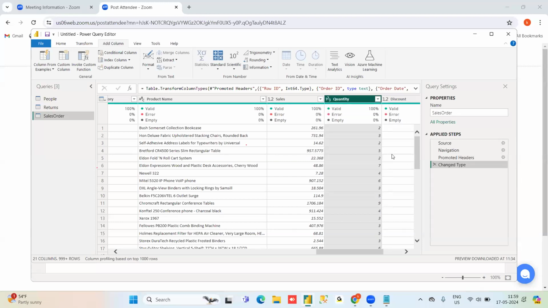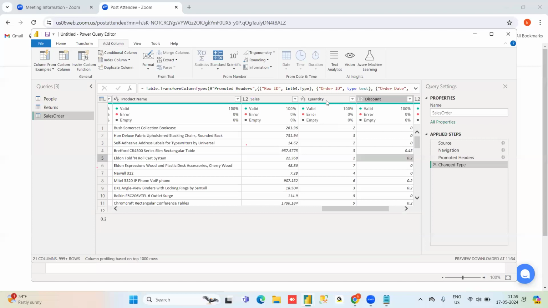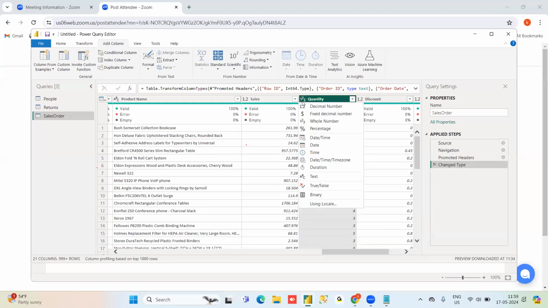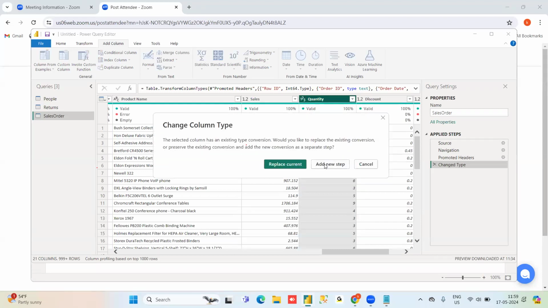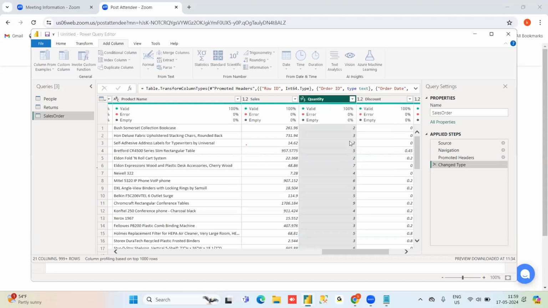For example, already you have quantity as integer, but I want to change it to decimal. Then I can just click here, then go for decimal. Then quantity you will get like 2.0, 2.33. Replace, I am just doing change column type, replace current. Existing one only I am changing.